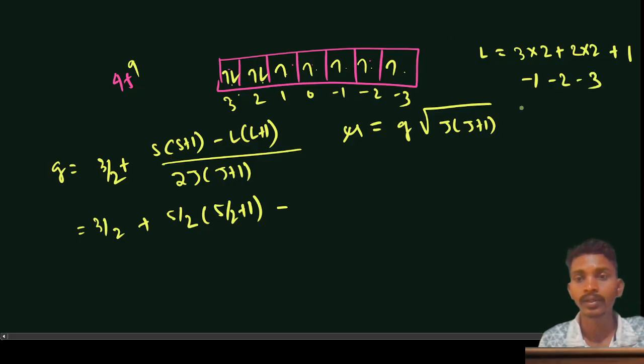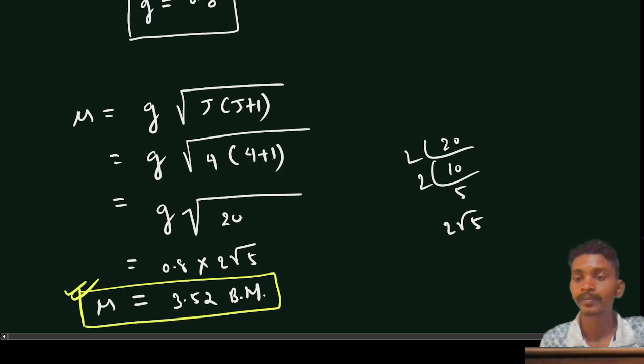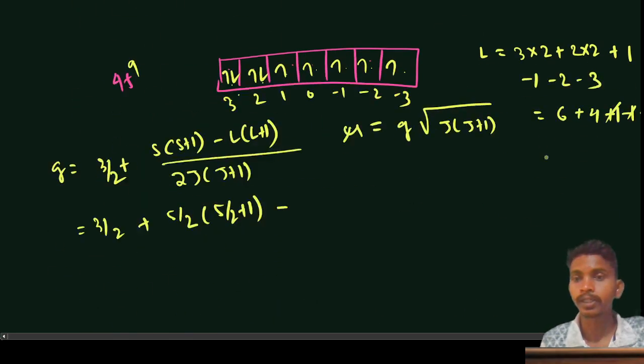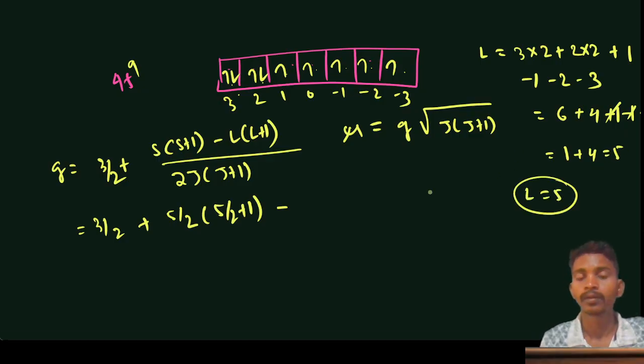So how much total value will you get? That is 6 plus 4 plus 1 minus 1 minus 2 minus 3. So this cancels, this is minus 5, and 6 is 1 plus 4. Total L is going to be 5. Okay, so if L is 5, then 5 plus 1,